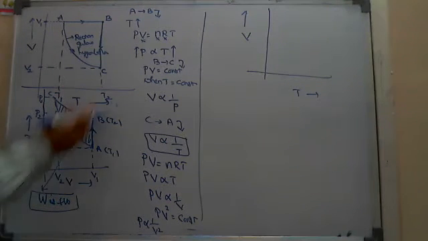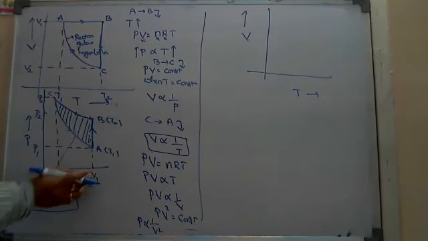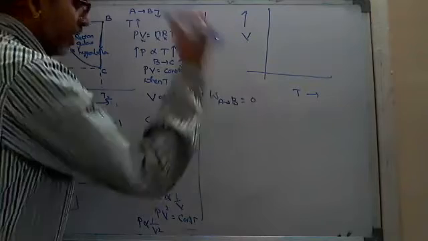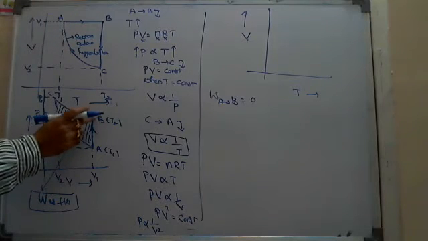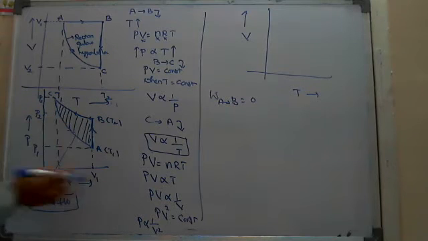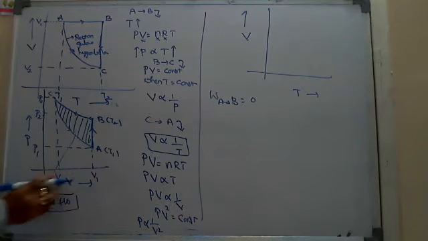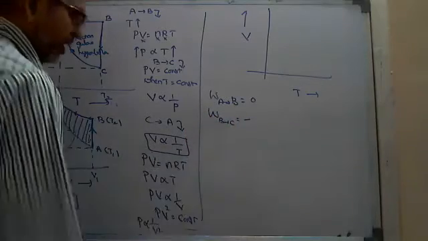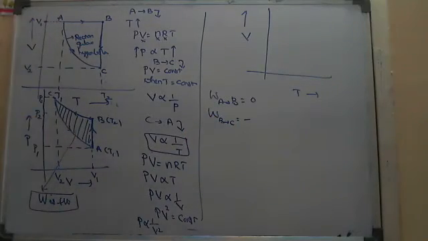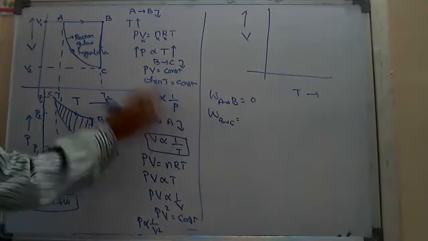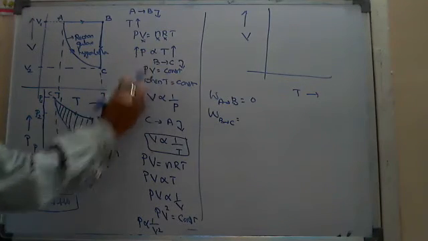Okay. A to B work done means the volume is constant. Volume constant means in the first process A to B, I can say the work done equals 0. And then B to C, if you see here, the volume is decreased. Volume is decreased means surely the work done should be negative, no doubt at all. That negative you will get while solving. And here you said this is a perfect isothermal process, from B to C.